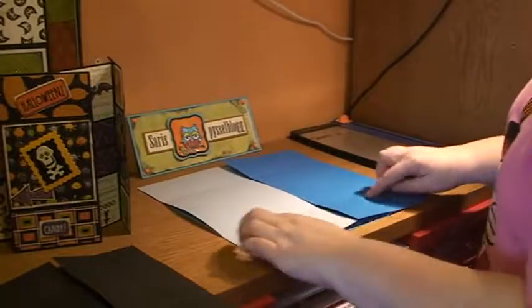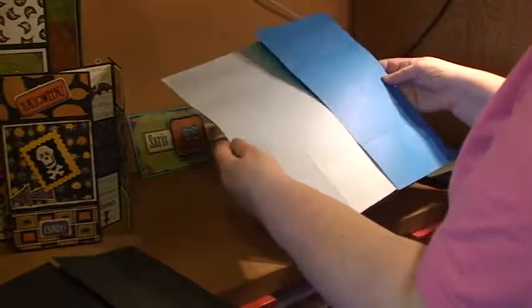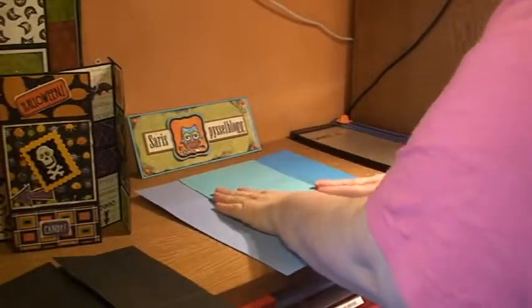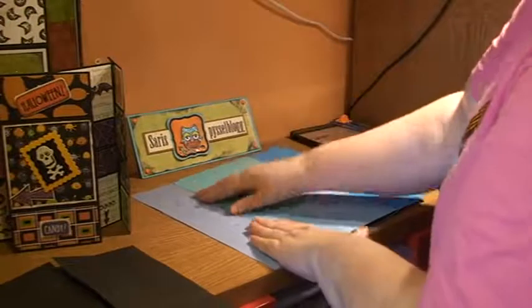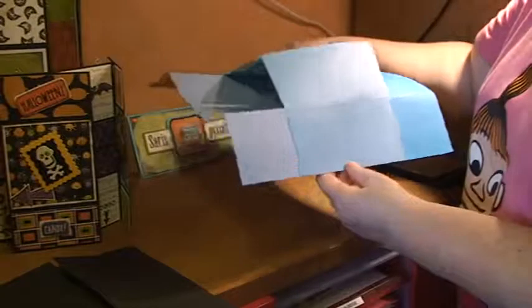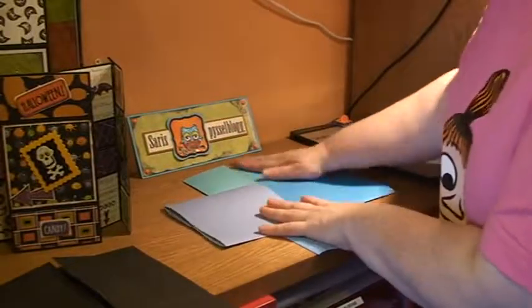When you have fastened these 4 corners, you are ready to start folding the card, or opening the card I should say. You do so with holding the card in your hands. You flip it around and make sure those flips go under, and then you start pressing those scores down, so it will be easier for you the next time you fold the card. And then you're going to see, just pick your card up again, and you're going to see where it's going to open up naturally. Press it down again,